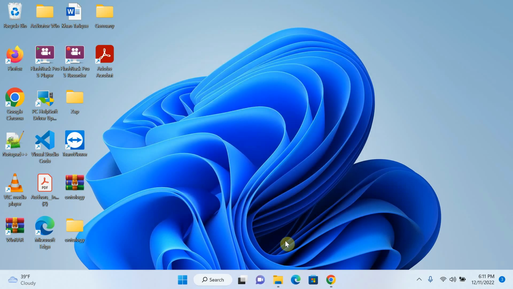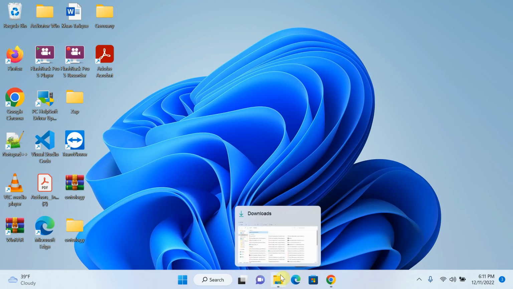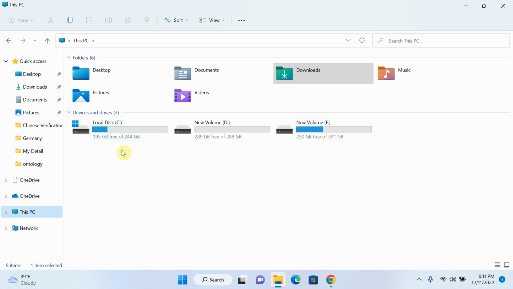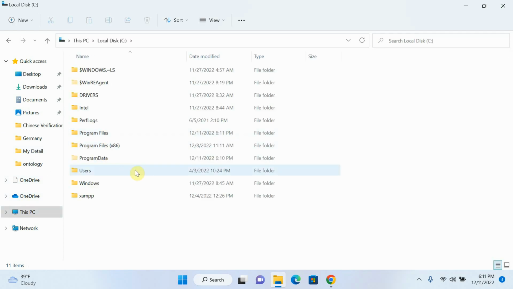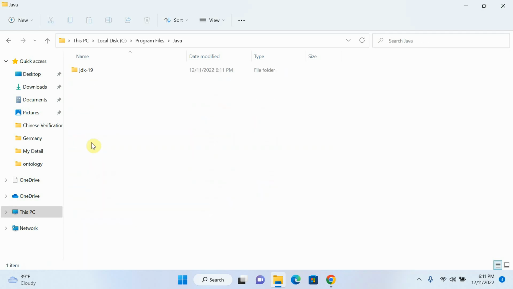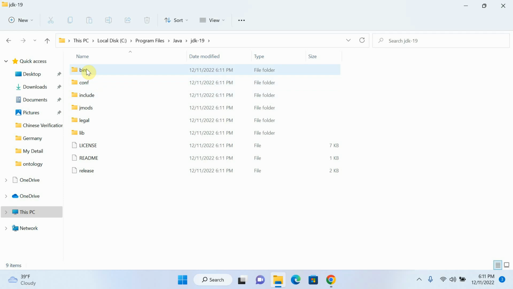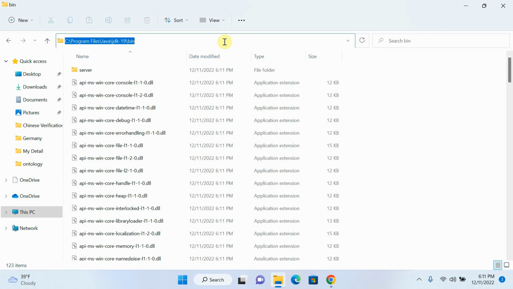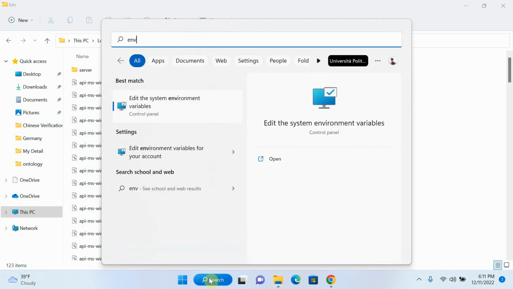And now we have to set the environment variable for our Java JDK. Let's open our Java JDK. Open the C folder, and we installed our Java JDK in Program Files. Open it. You can see Java is here. Open Java JDK, click on bin. Now copy this location and just open environment,